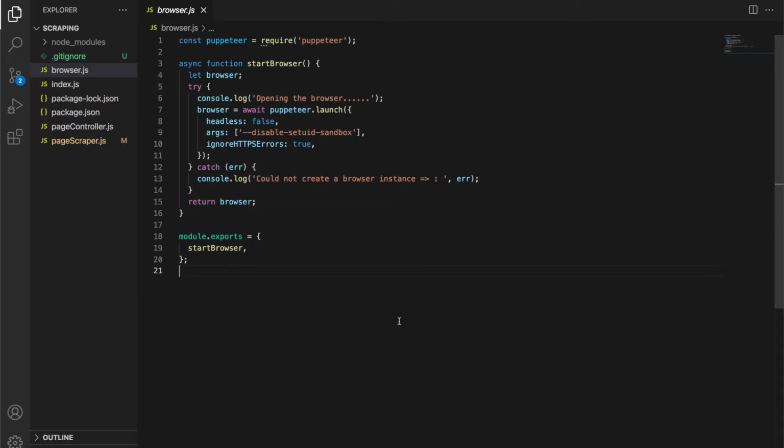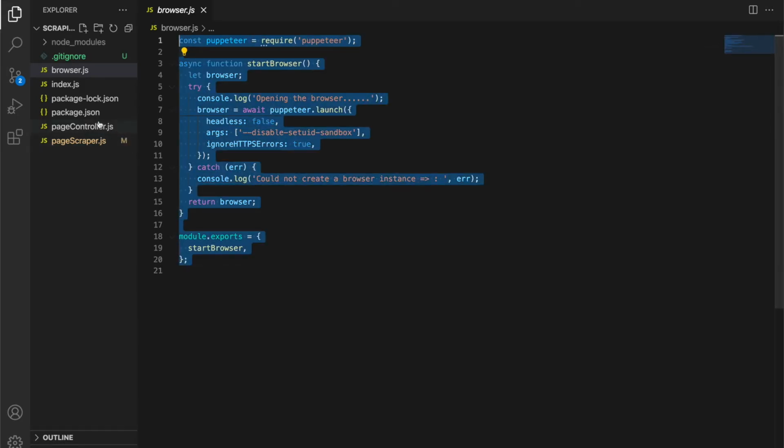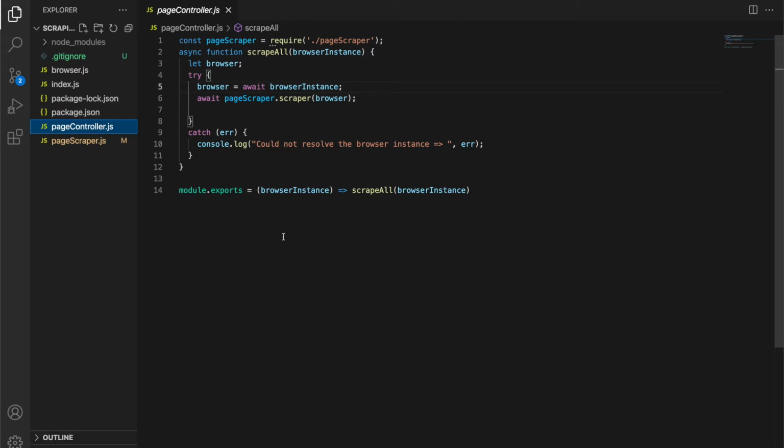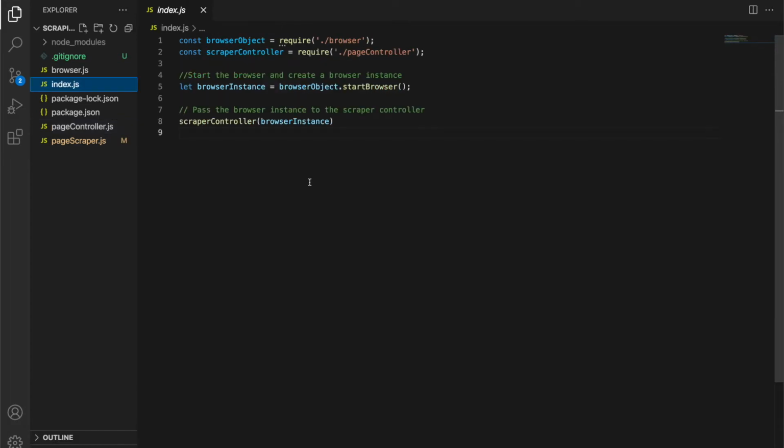So first of all, as setup, you'll need a couple of files to make Puppeteer work. One of them is browser.js, which looks like this, and it starts a browser as you see, launches Puppeteer. So you can just copy and paste this one. Next one is a page controller, which also assigns a browser instance to a page scraper. The next one is index.js, which ties everything together.